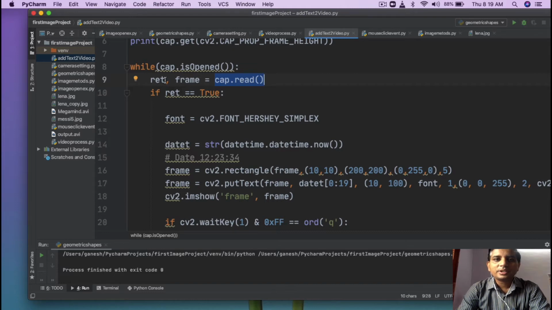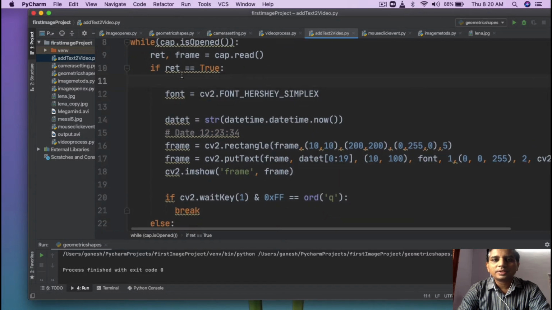The read function returns two values, ret and frame. If the frame is valid, then ret contains true. If it is not valid, then ret contains false. So if it is a correct frame, then it will go inside.